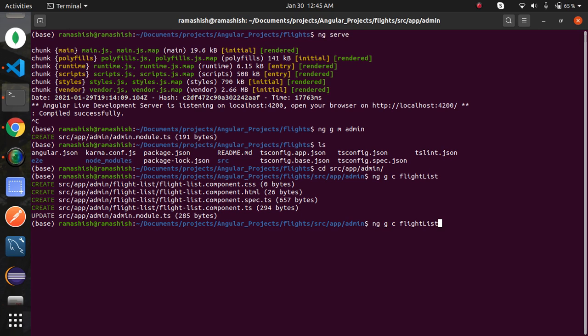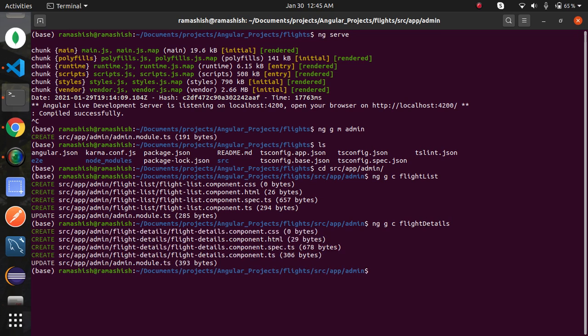Create another component, flight-details. Both components created. Now to handle routes in the feature module, let's create a routing file as well, ng g m admin-routing.